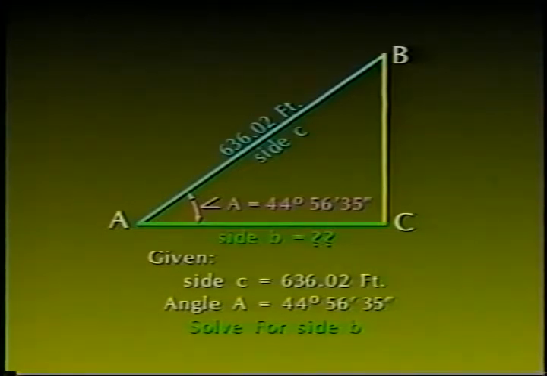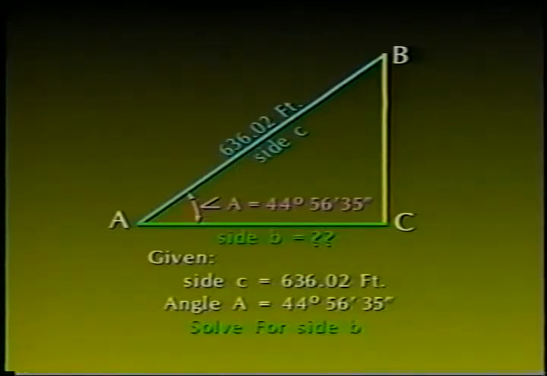Given side C equals 636.02 feet and angle A equals 44 degrees, 56 minutes, and 35 seconds, solve this triangle for side B. After looking this sketch over, I decided to leave the selection of a best equation to use for you. One more time, if you want to, pause the tape and solve this example. When you have your answer, resume the tape and we can compare our notes. I used side B equals side C times cosine A. This reduces to 636.02 feet times 0.707809 equals